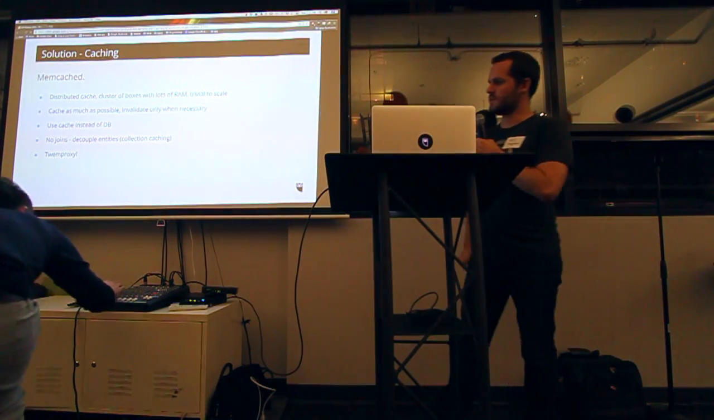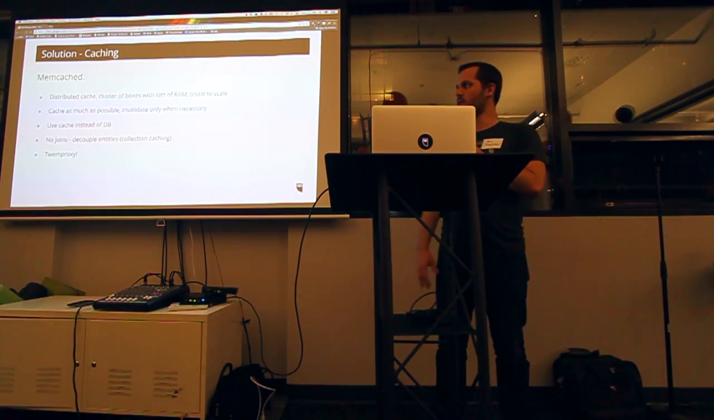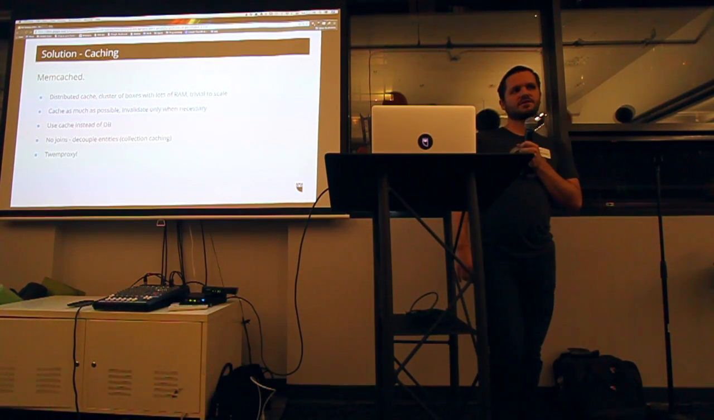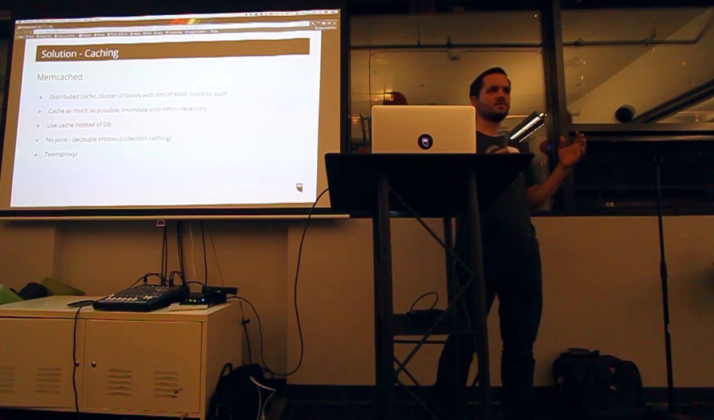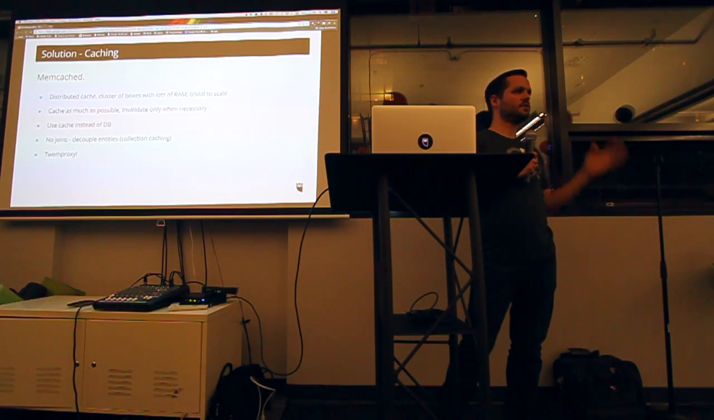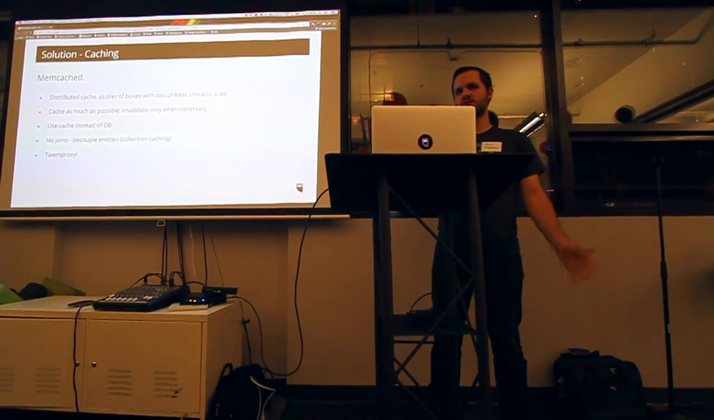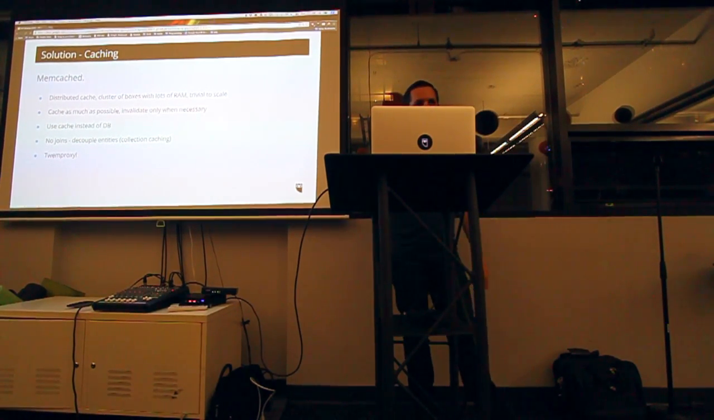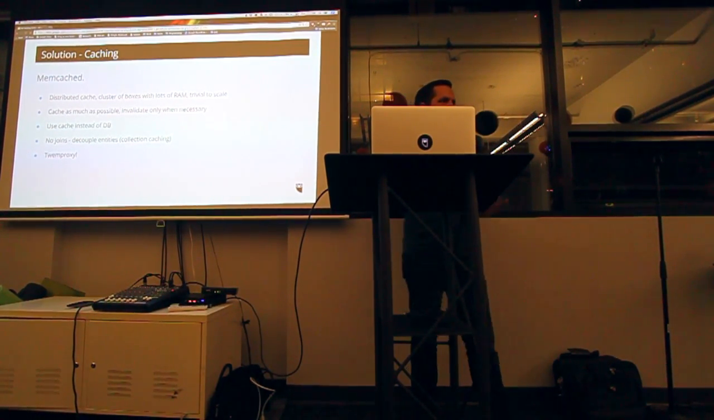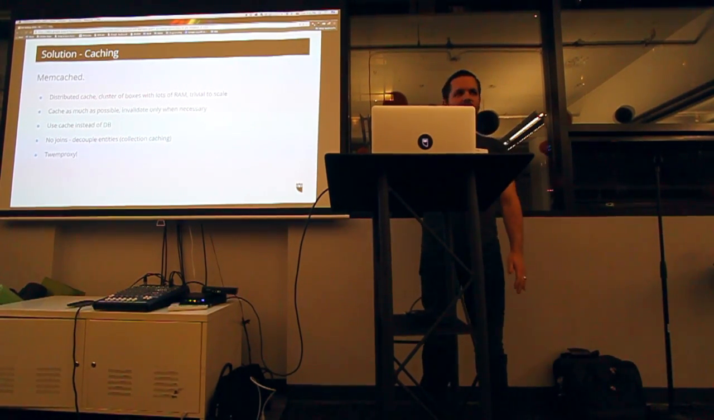All right, so we started using memcache. So memcache is a distributed caching system. It's basically just a bunch of boxes with a ton of RAM. You spin new ones up, it adds more memory to the cluster, and it's just a huge distributed key value store. So our philosophy with this was just cache everything, everything you can as much as possible, and invalidate it